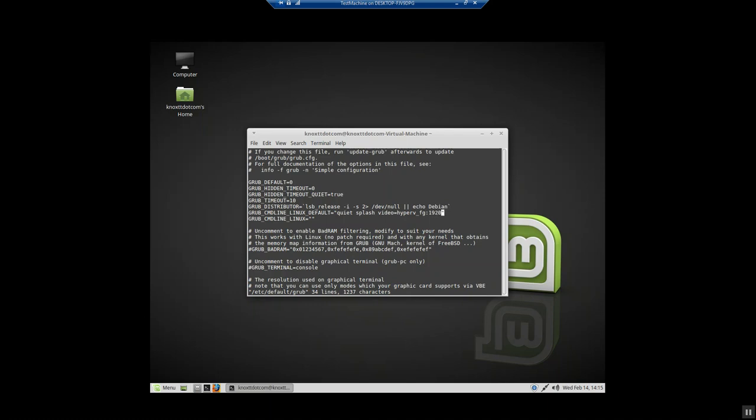I'm going to use 1920 by 1080. That X there is literally X. The by is the X on the keyboard. So this is everything I want. Video equals Hyper-V underscore, or it's supposed to be FB, not FG. So I'm going to hit escape again,